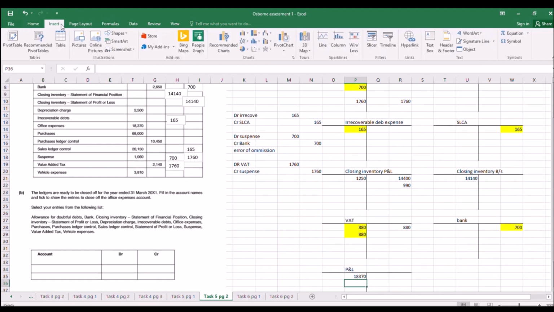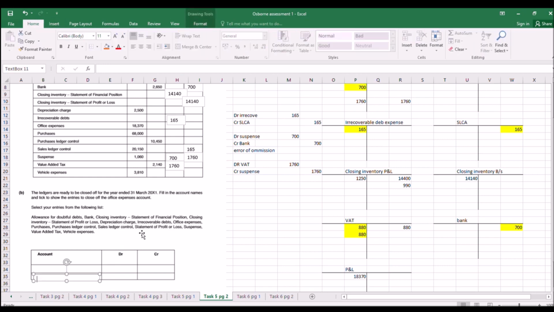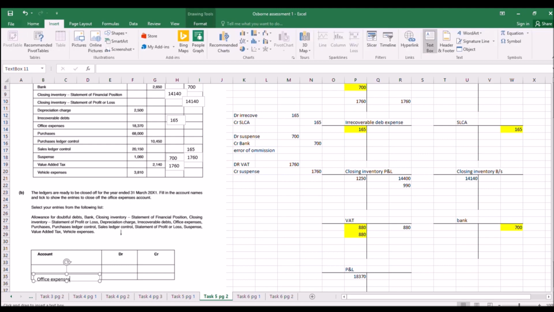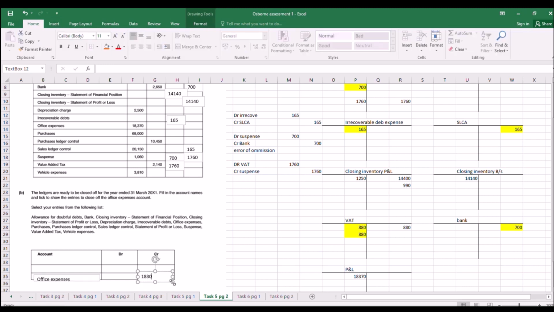Right, so let's now choose what we're going to have here. We have gone credit, and we're going to credit the office expenses account, and we would credit it with the 18370, and let's put that into the debit one there, and that one is going to be,